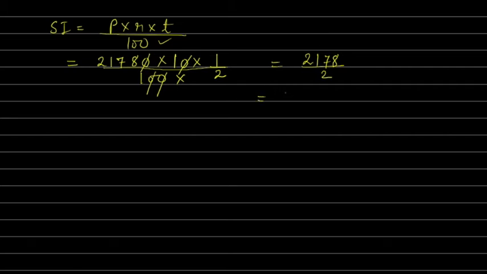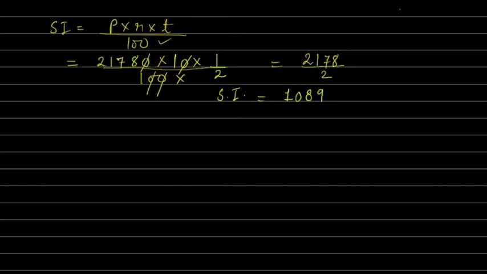We can simply divide it. How much? 2 ones are 2. 1 is not divisible, so I will put a 0 in the quotient. 2 8s are 16. 1 carry over. You are left with 18, and 2 9s are 18. So this is coming out as simple interest. Right? Now this is your simple interest in this case.